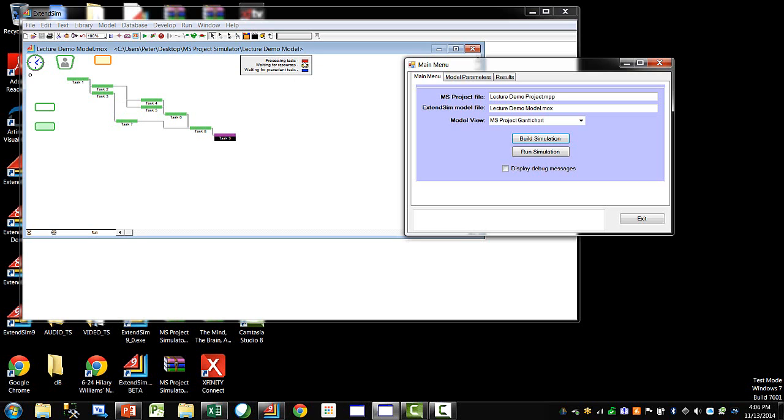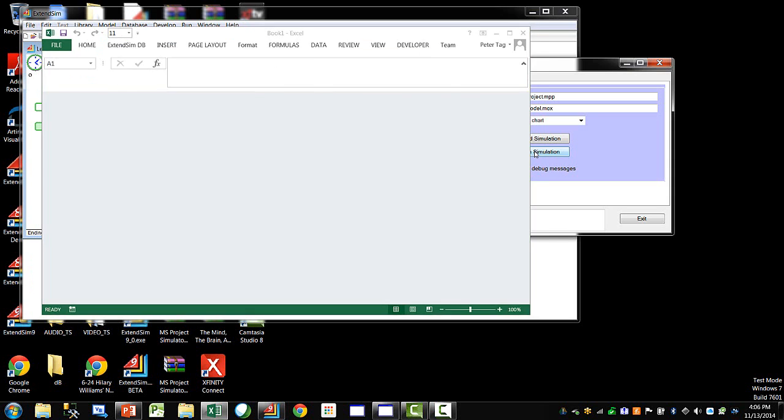So keep an eye on these colors. Red means processing, yellow waiting for resources, blue waiting for precedent tasks. So when we run the simulation, and notice we're actually running several times. This is something we can do in simulation. We're basically trying to